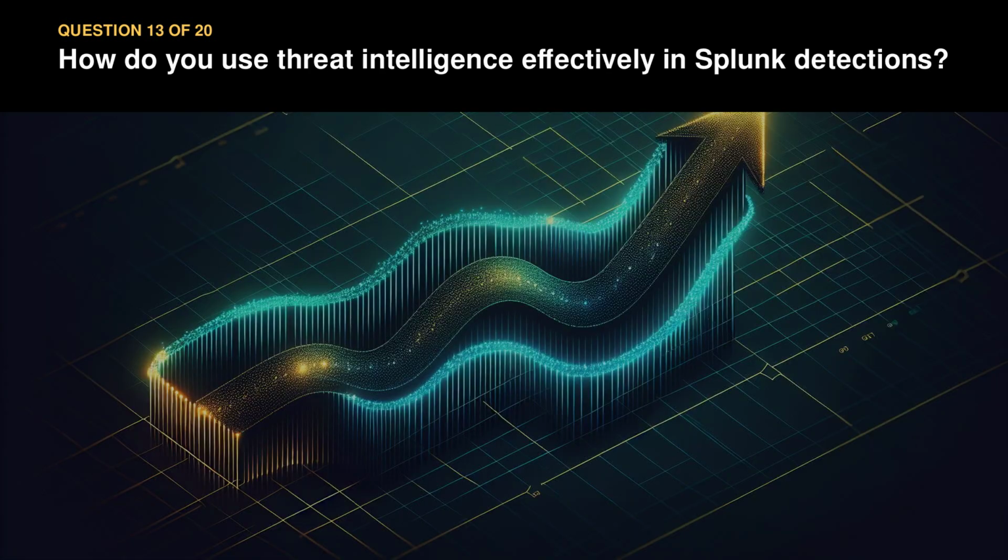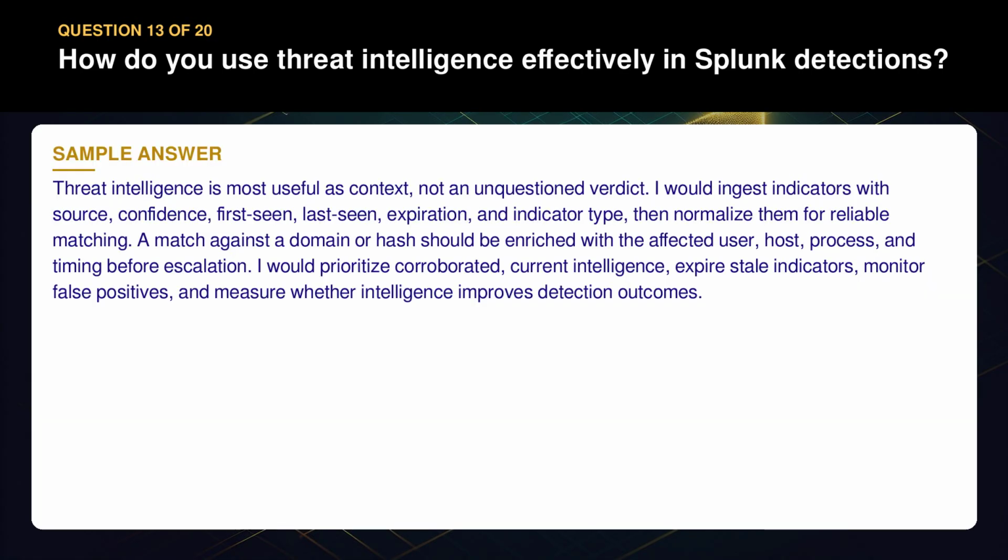Question 13. How do you use threat intelligence effectively in Splunk detections? Threat intelligence is most useful as context, not an unquestioned verdict. I would ingest indicators with source, confidence, first seen, last seen, expiration, and indicator type, then normalize them for reliable matching. A match against a domain or hash should be enriched with the affected user, host, process, and timing before